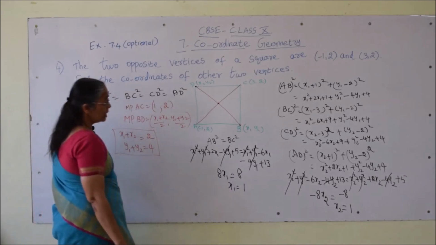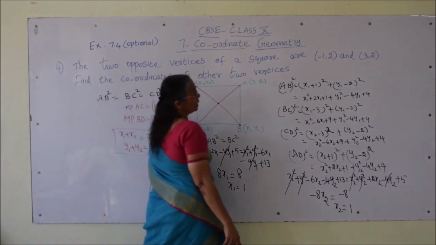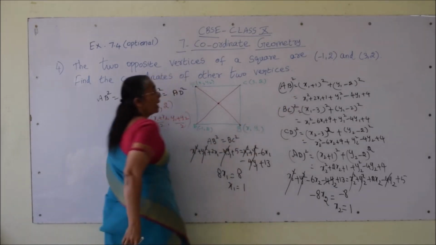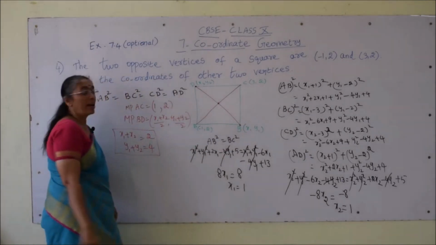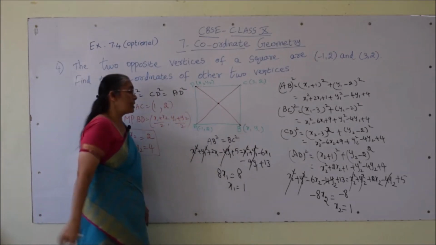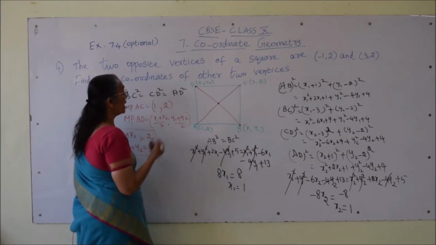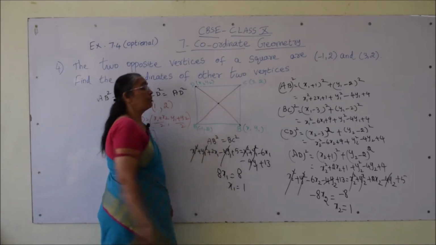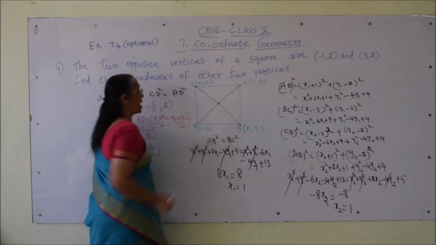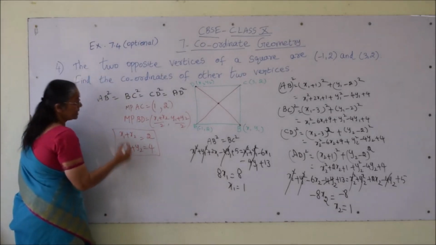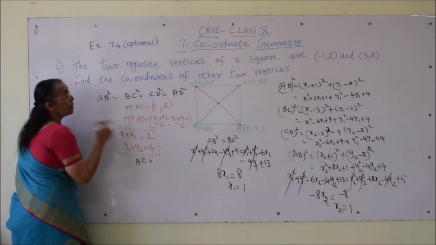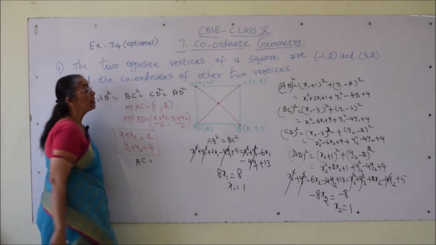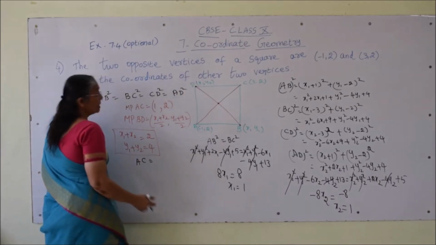Now, the challenge is finding the y1, y2 values. We do one thing: we already have the x1 value, so we will try to find the distance AB. Not only AB, BC, CD, AD, we can find the side of the square. We can first find the diagonal length. There is no use of getting the midpoint; that was only for finding x1, and after finding it we can substitute. Now let us find the diagonal length AC.